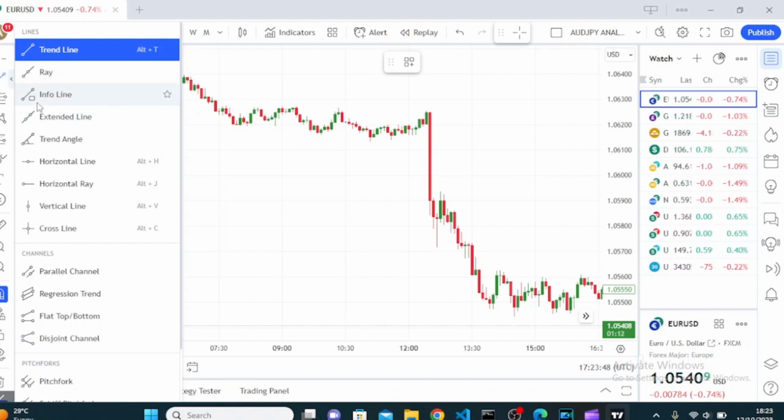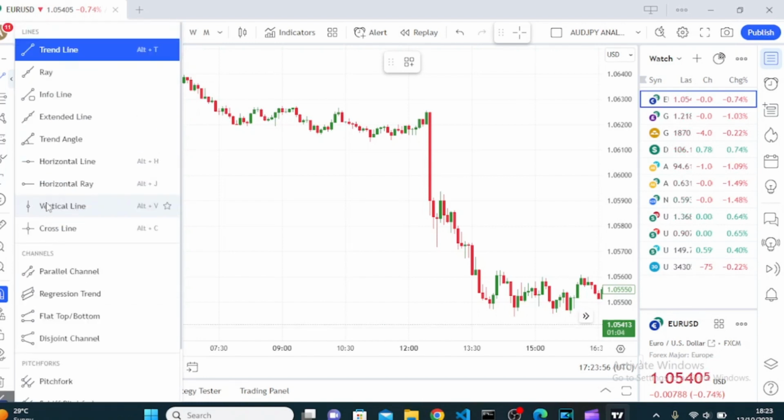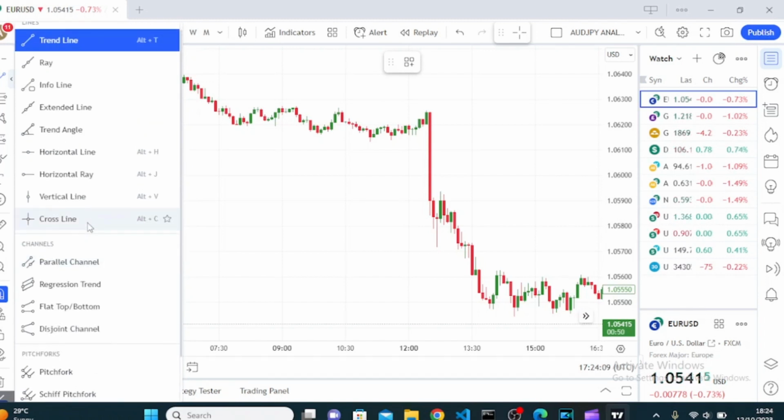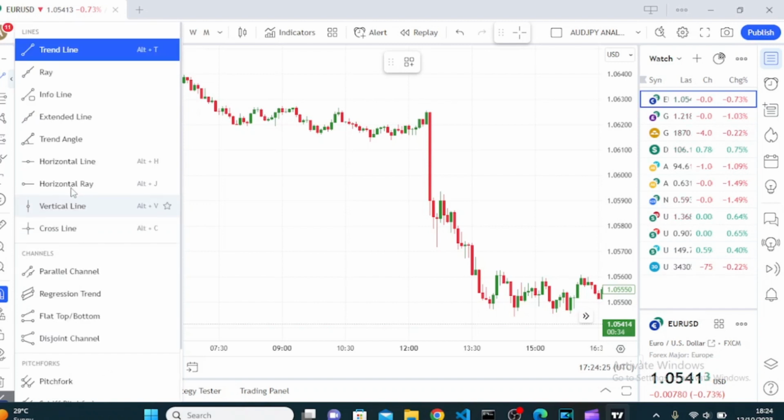So the next here is also your drawing tools. This one has to do with lines, lines and shapes and all of that. First, we'll have your trend line, we'll have your ray, we'll have your info line, we'll have your extended line, we'll have your trend angle, we'll have your horizontal line, horizontal ray, vertical line, cross line. There are several of them, right? And trust me, guys, I've not used all of them because not all of them are relevant to me. They are all relevant, but there are a few that I use, and one of those is trend